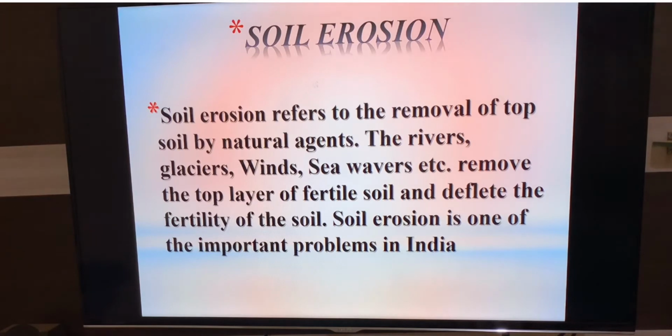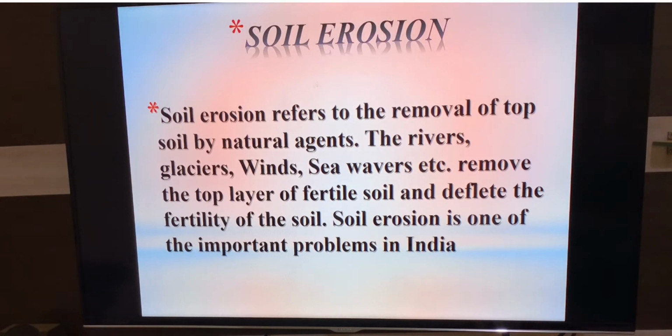Soil erosion refers to removal of topsoil by natural agents like rivers, glaciers, which means ice, the snows we call it, wind, sea waves, etc. They remove the top layer of the fertile soil and reduce the fertility of the soil. Soil erosion is one of the most important problems in India. As you know, soil plays a very important role in agriculture. So we have to give importance